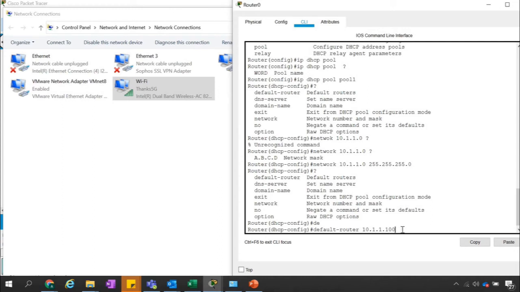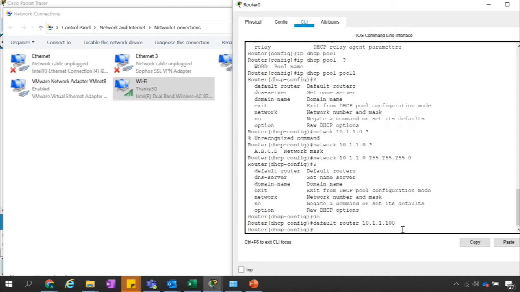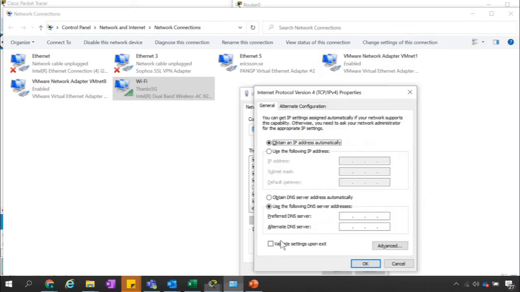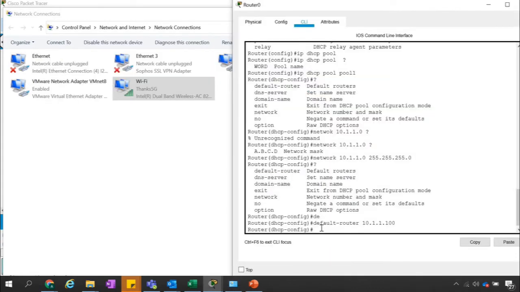We don't have to set that manually. And if you want to configure the DNS as well, you can set the DNS server IP address here, so that the computer obtains the DNS server address automatically from that DHCP server. But right now I'm not doing that, though you have the option.